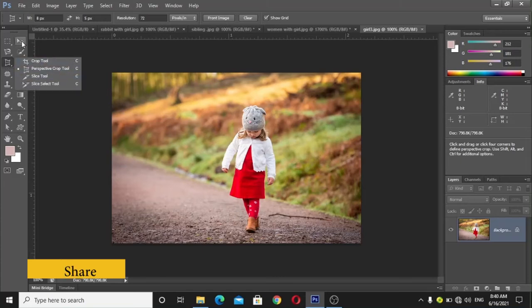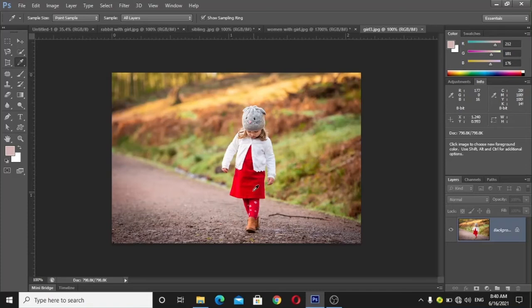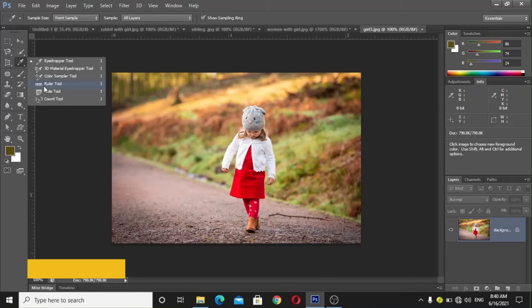And another useful tool, which is the eyedropper tool. This tool is used to check a color, to collect a color, or to set a foreground or background color. This color normally sets your foreground color, whichever color you select with the eyedropper tool from your picture, like this. If you want to set multiple colors, you can use the sample tool.